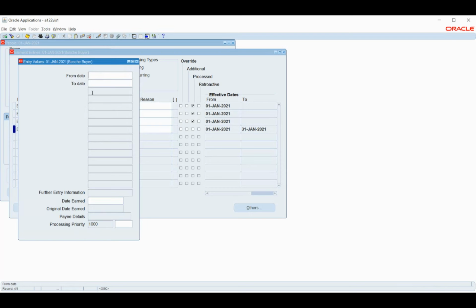So let's say now I wanted to probably give the reason also. What I will have to do is take up the element and give another input value. This particular input value will be reason. So now I have two options to generate my reason. Either I can create a table wherein I will populate those reasons and just select from the list of values, or the other option is that I can simply type in